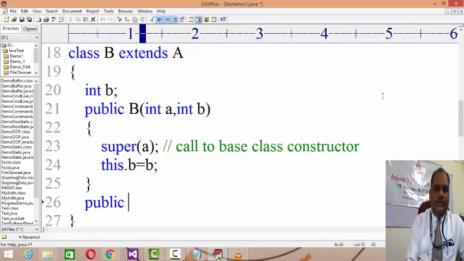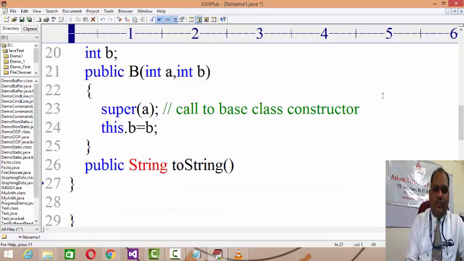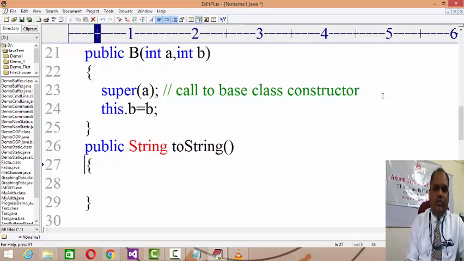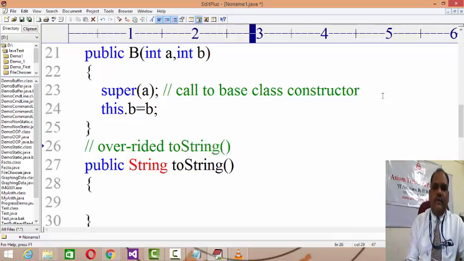Then you have a public String toString method. Now here the toString method actually belongs to the Object class, so whenever you want to print a copy of an object directly, you have to override this toString method, right? This is called overriding. I will explain overriding. The overridden toString method, what it will do, it will return